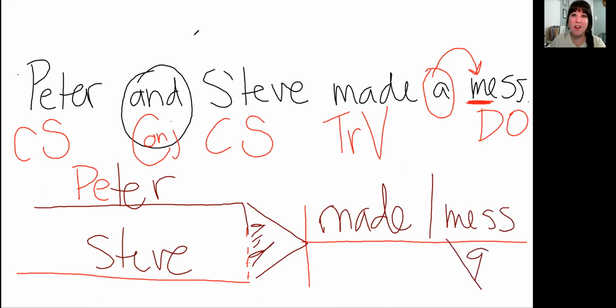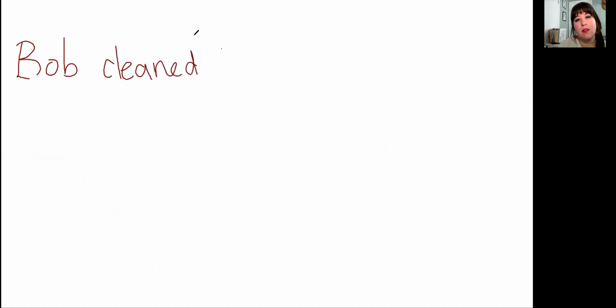A. Okay, so remember, no matter where a conjunction ends up in a sentence, you're always going to put it on a dotted line. Let's see what happens if you have to join two sentences together. Let me get a new paper here. Let's say Bob cleaned the mess,